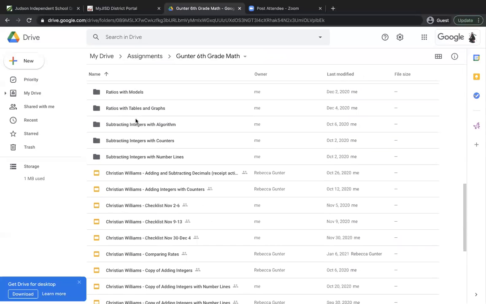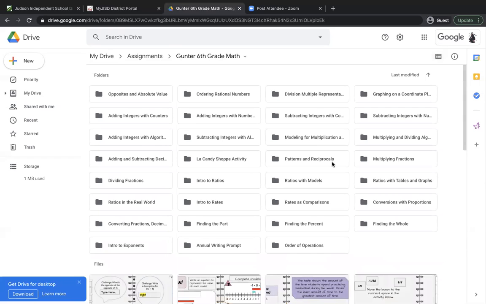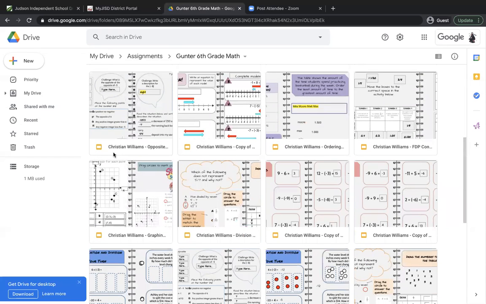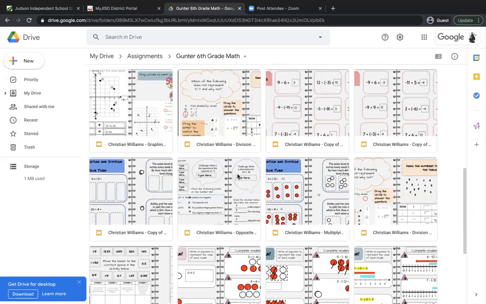His wasn't alphabetized, but it is now. If it's not alphabetized, click right here where it says name and it will alphabetize it for you. A lot of times they have it in this waffle view, and it gets kind of confusing because there's so many things here that all I can see is my name, and I can't really see the full assignment. So like this assignment, I don't know what it is unless I hover and then wait for it to come up. It's just a little bit more confusing